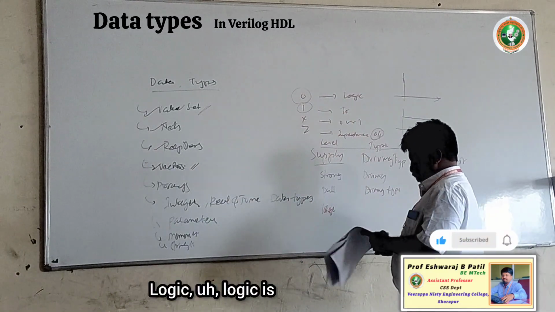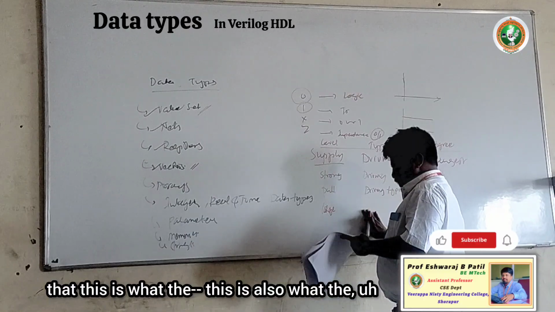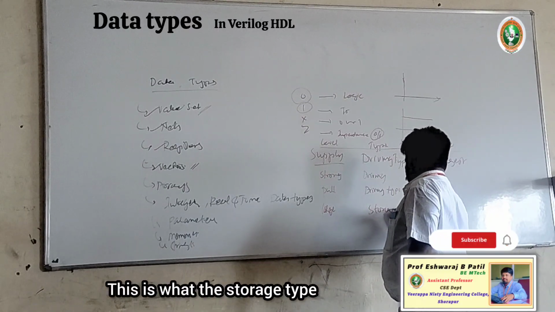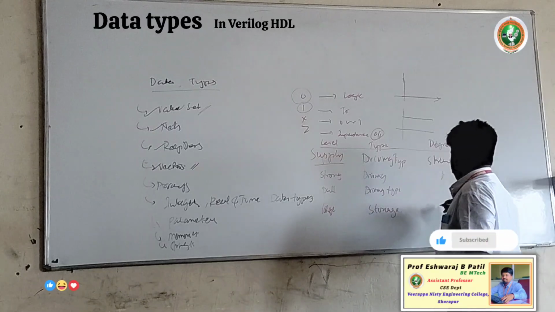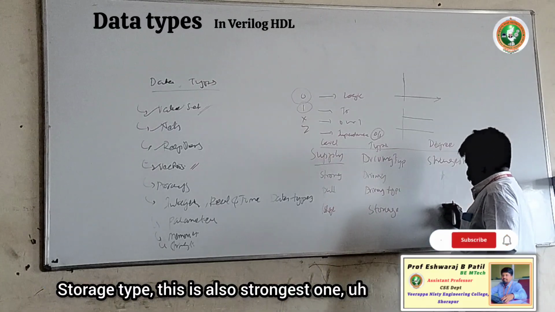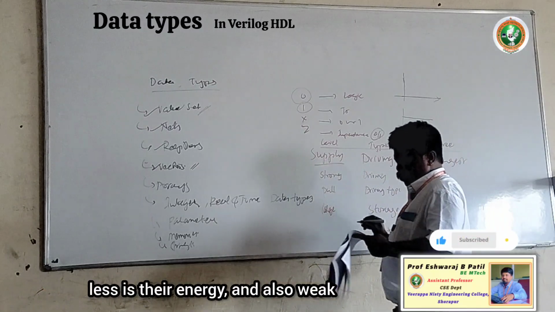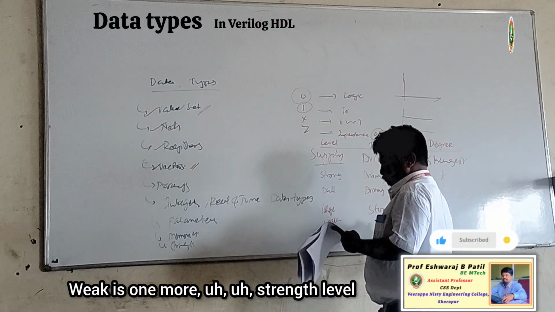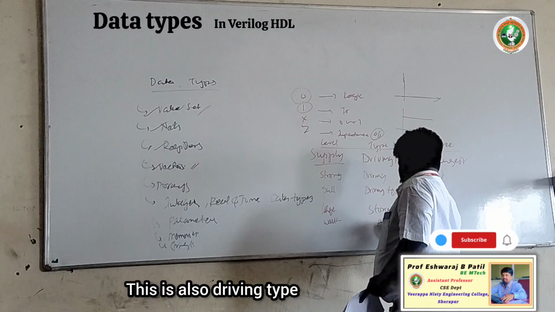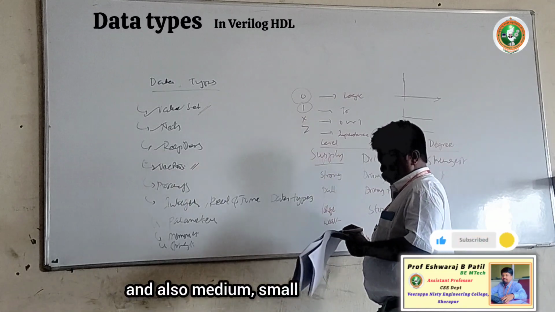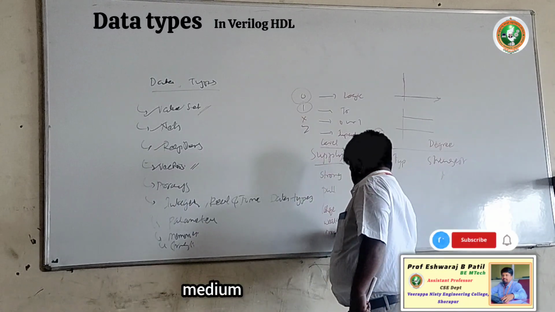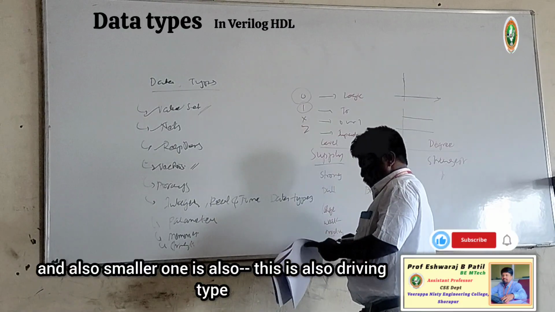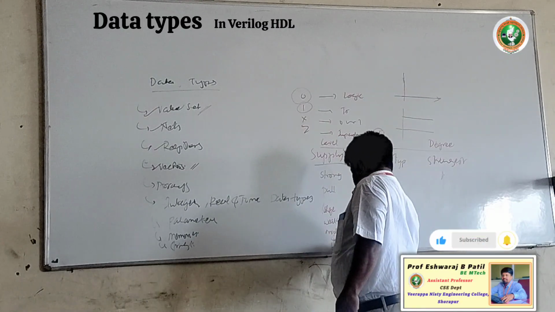Okay, large is also a logic; large is the storage type, which is also the strongest one, with less energy. And also weak is one more strength level, which is the driving type. And also medium, small, and the smaller one are also driving types. And also high